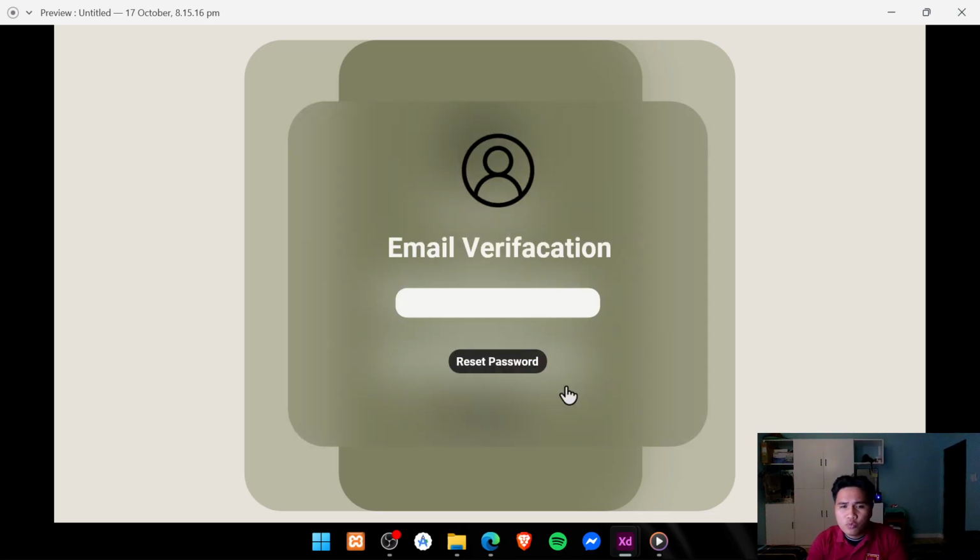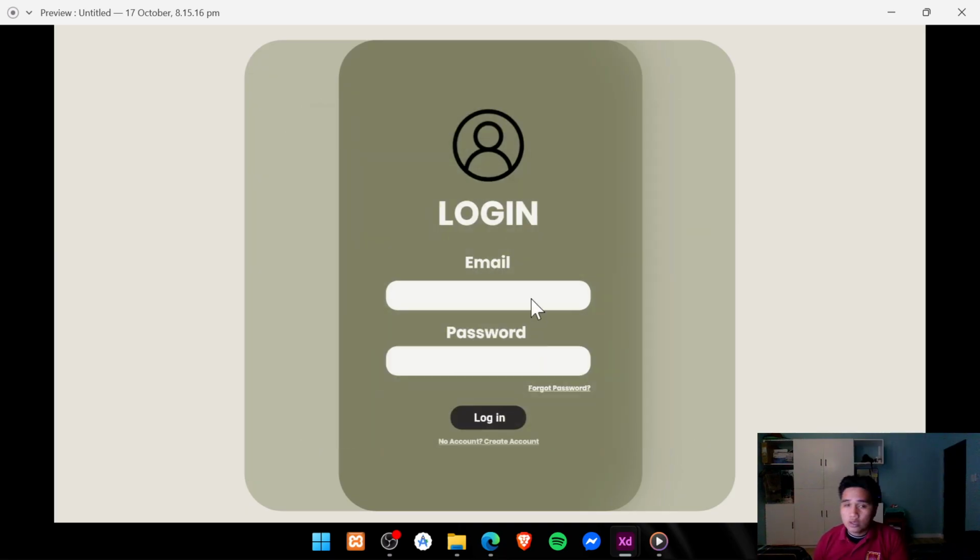Instead of moving to another page, I just added an overlay for the email verification, and you can enter your email. If you click reset password, it will go back and the overlay will disappear.